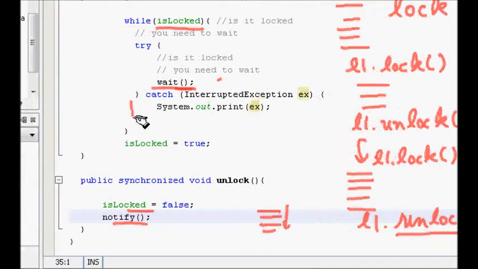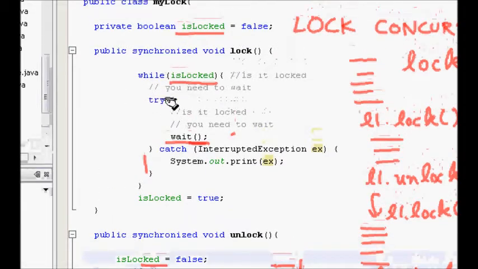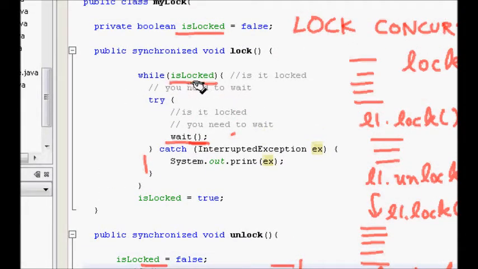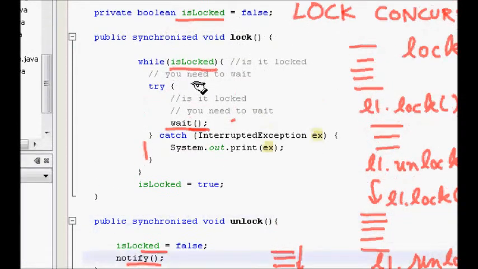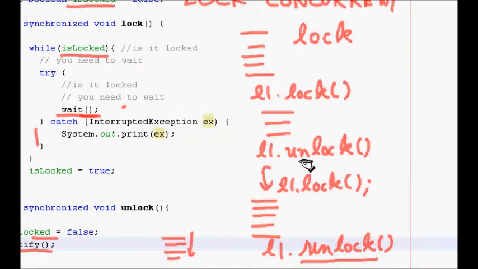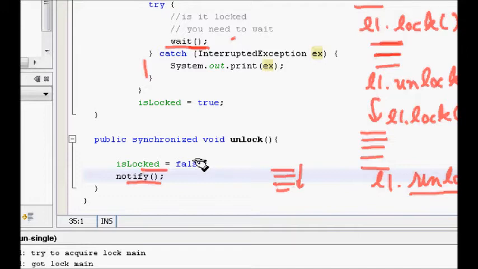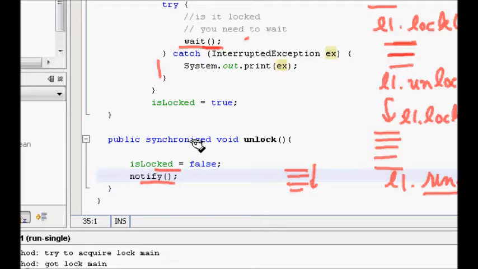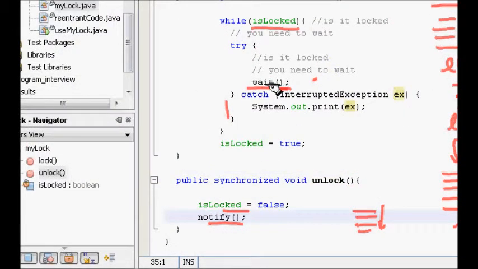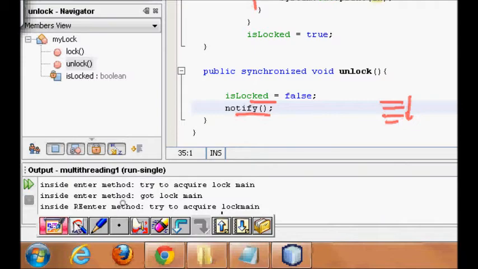It goes to the while loop again in the next iteration, and now it finds that isLocked is false and grabs the lock. Now it runs the mutually exclusive code, and then again it will unlock, which means it will make isLocked false because it is coming out of that mutually exclusive region, and it will notify other threads who are waiting to get the lock that now you can take the lock. This is the basic mechanism, and now we will see one example where this is being used.